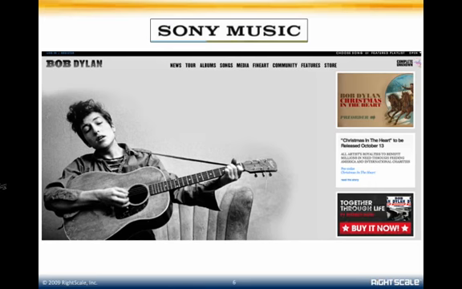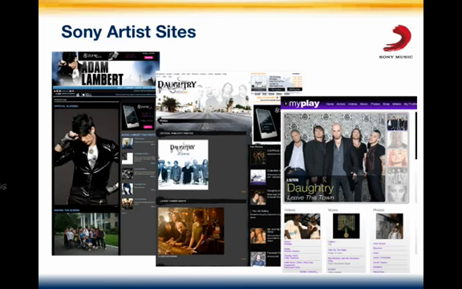Here's the first example for today. It's Sony Music. Sony Music runs in the cloud, and some of you may recognize this guy. He's got a hairstyle a little bit like mine. That's Bob Dylan from long ago, and it's just one of the artists that Sony Music supports in their web store